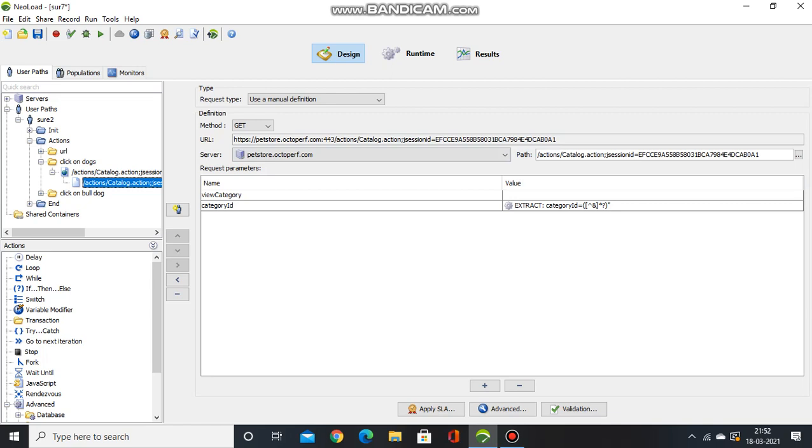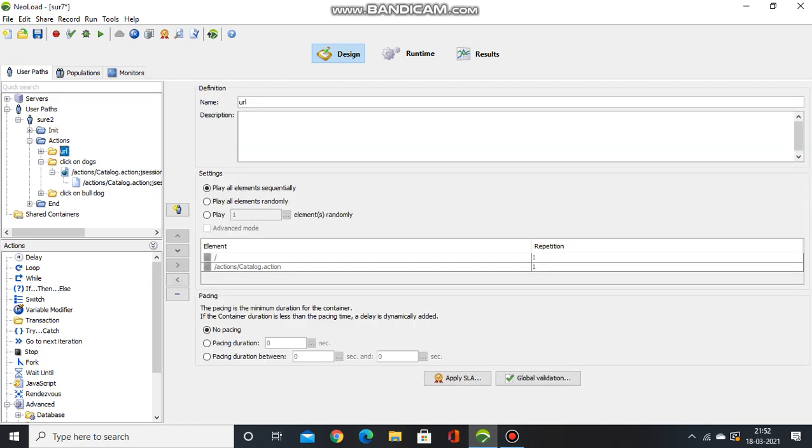I hope in this video I have explained the first thing, how to disable a particular container or transaction. Second, what is the use of JavaScript. Third, how we can make a particular value dynamic or change it. So these are the three important options. Not only three, apart from these there are so many.